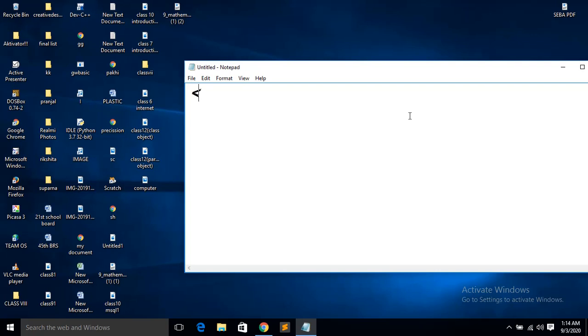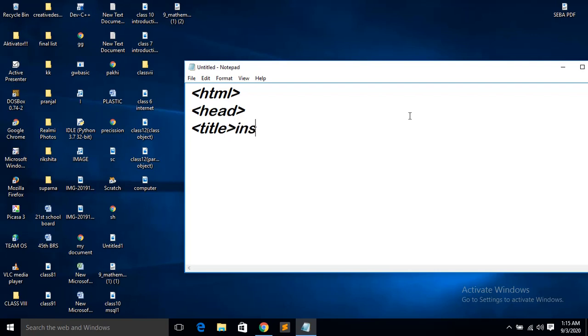So HTML, as we know, first line is HTML, then it is head, then title. So you can give the title. Today's title is what we are doing related to your image, to insert the image.